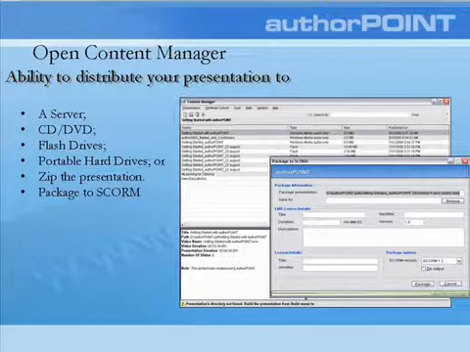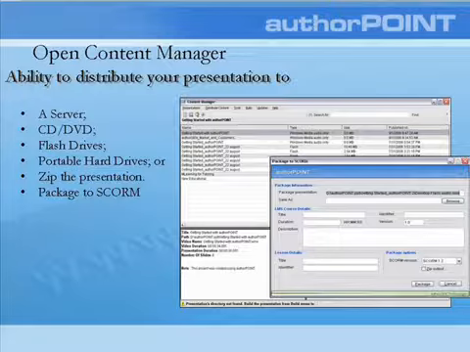The Content Manager screen is divided into two sections. The Presentation List section displays the list of presentations captured by AuthorPoint. The most recently captured presentation is on top and will be highlighted by default. The Project Details window is further divided into two subsections. The lower left portion of the window displays general information about the highlighted presentation file. In the lower right portion of the window, you will see a thumbnail view of each slide in the highlighted